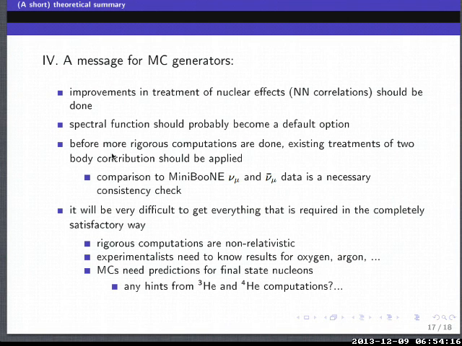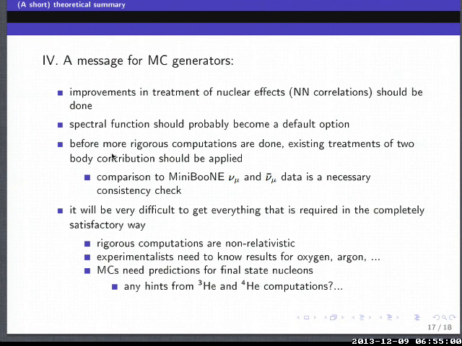So finally, some practical message for Monte Carlo generators, as far as I understand what follows from this very interesting workshop. First of all, kind of obvious, improvements should be done and are really important. Some of them are more difficult, some of them are not that difficult. So probably spectral function should be a default option for CCQE. However, as we already discussed, before more rigorous computations are available, which is probably on the scale of half a year or so,